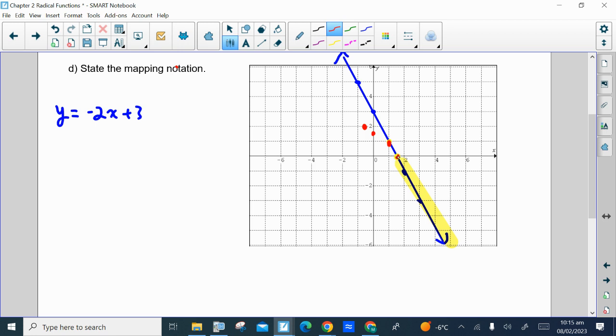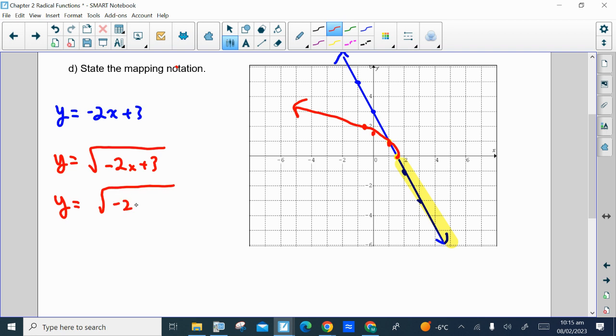Here's what the graph will look like. It'll look something like this. Right? This is a square root function. So we saw yesterday what the graph of the square root function looks like. This is the graph of y equals the root of negative 2x plus 3. And we can write that equation in a format where we can talk about transformations by taking out a common factor of negative 2, because remember,